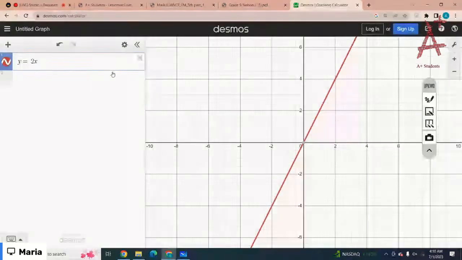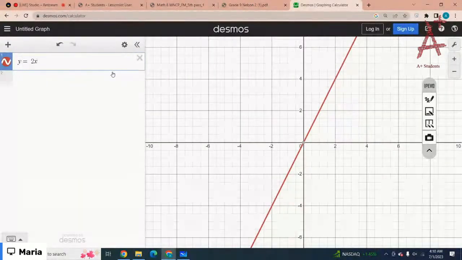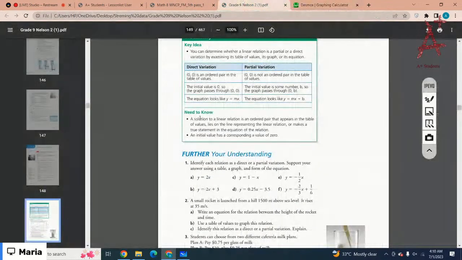You can see that the graph is a straight line. Got it? That means the graph of the equation passes through the origin, so it is a direct variation. Okay, that's what you have to do for all the questions. Got it? Okay, the next one is